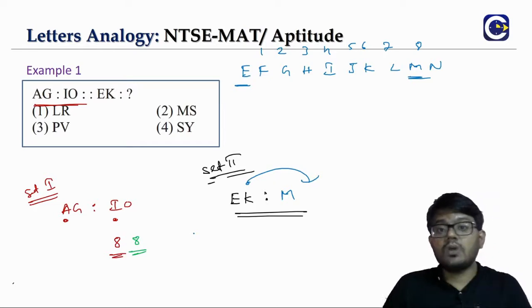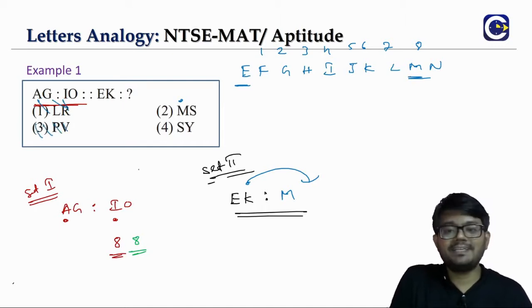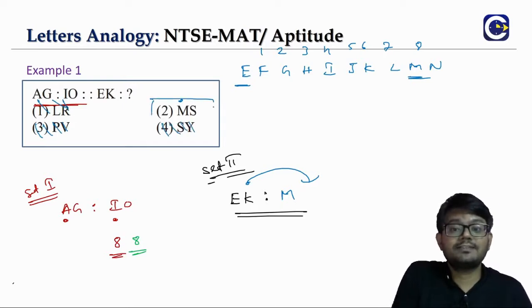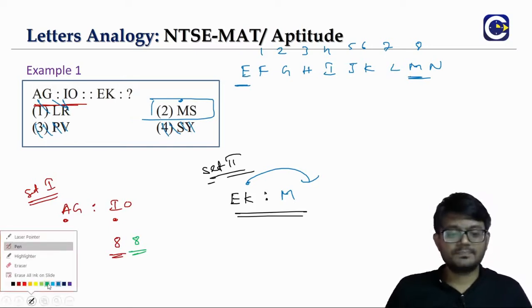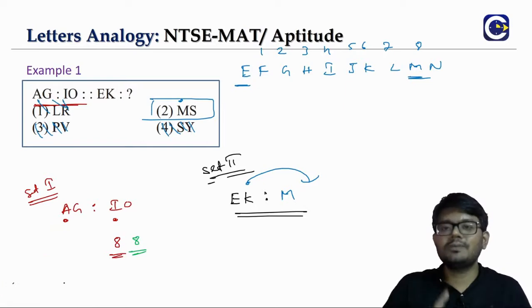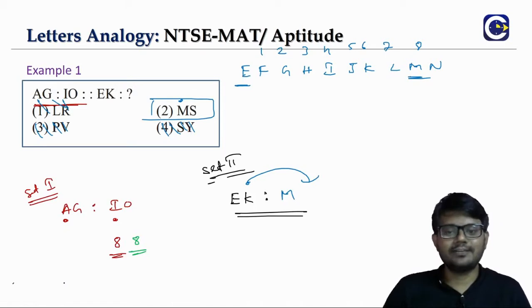Only one of the options has M as the starting letter. Option 1 starts with L, so it cannot be. Option 3 starts with P, it cannot be. Option 4 starts with S, it also cannot be. So the only answer is the remaining option. This way we will be able to save time also. But we should be confident of the analogy that we got for the first letter; then we can straight away take the answer. But since we are doing practice here, let us try and solve it.